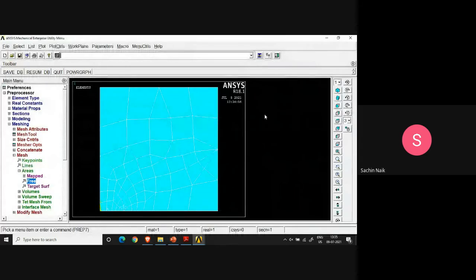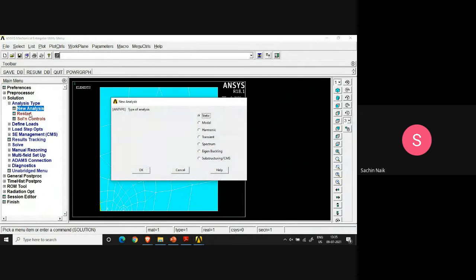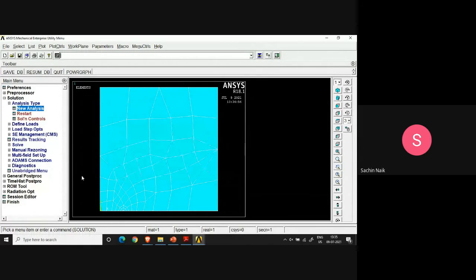So in the main menu, you have to go to solution now. Let us close preprocessor, solution. Then you have to go to analysis type. This is the analysis type. Click on new analysis. In new analysis, you have to specify static analysis because it is actually a static analysis. Nothing is time dependent here.